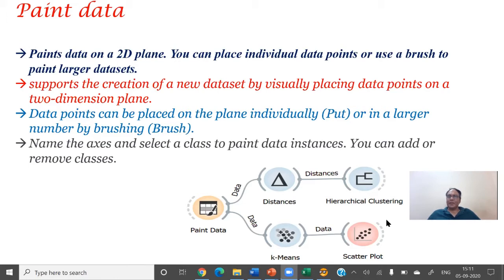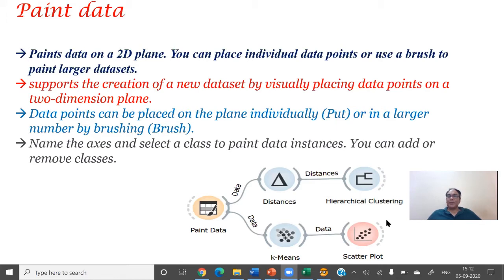If distance is very less, it means they belong to the same group. If distance is very high, then they belong to different groups. So this is the concept of distance. In analysis, we call it similarity and dissimilarity. Similarity means if two respondents are the same in income and consumption, they are similar. They belong to a single group, right?